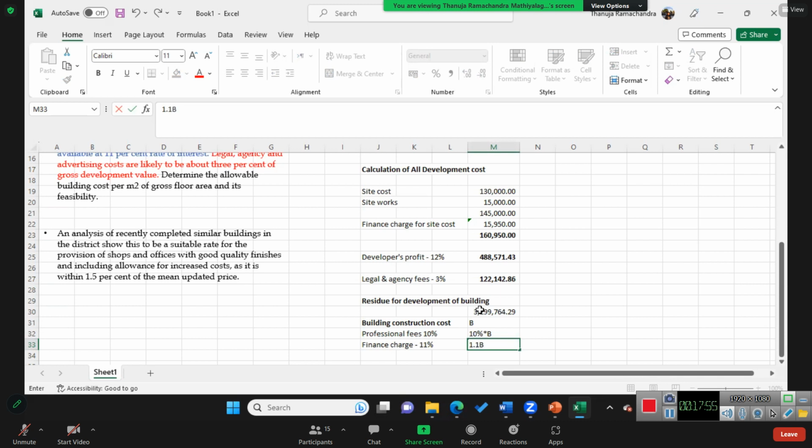Then 11% is the interest. For the total amount, we need to pay interest for 1 year. So for interest, what we do is, for the full amount, 1 year,